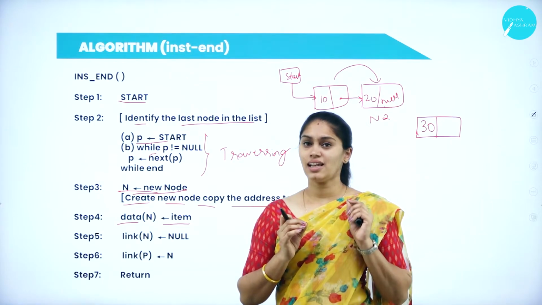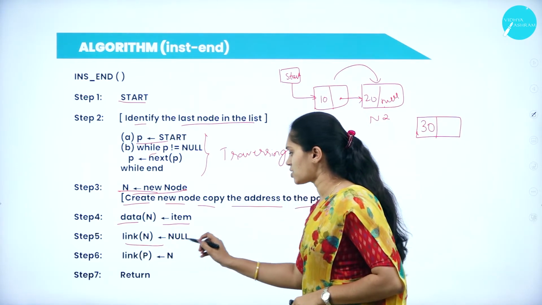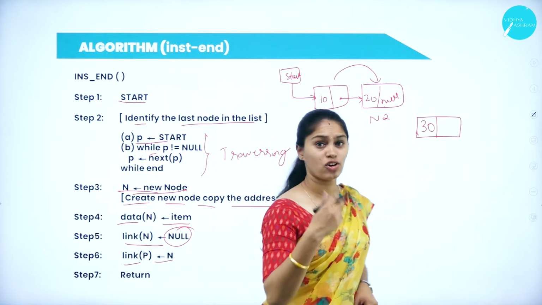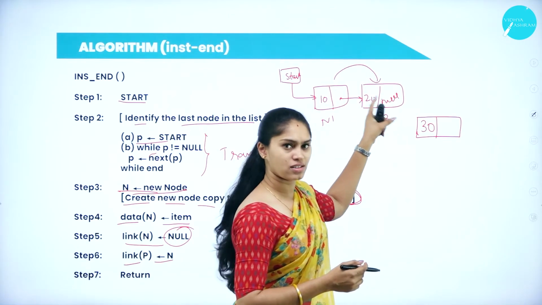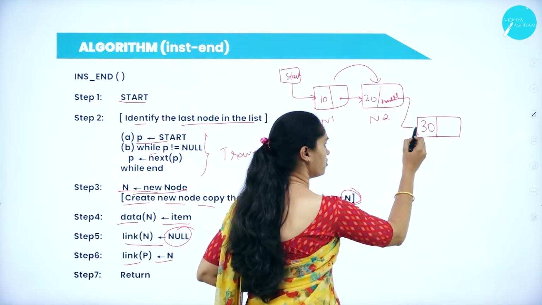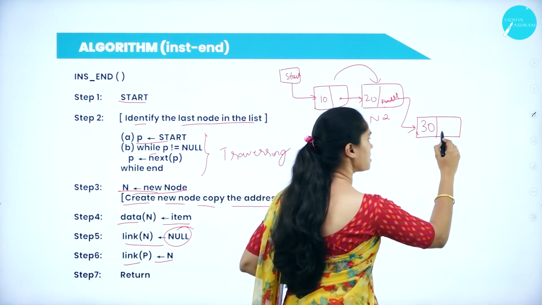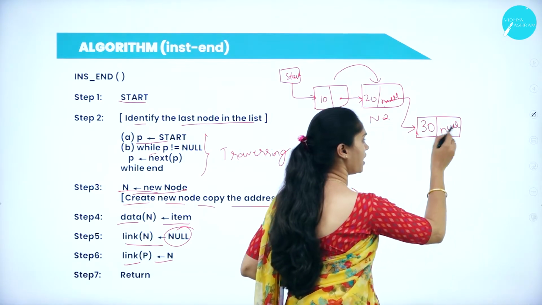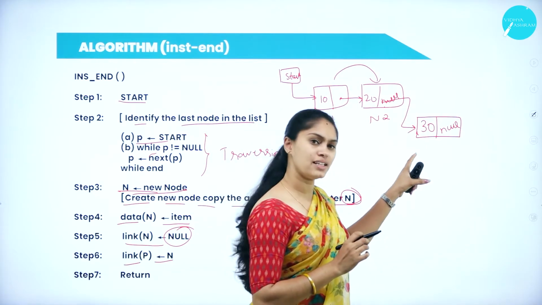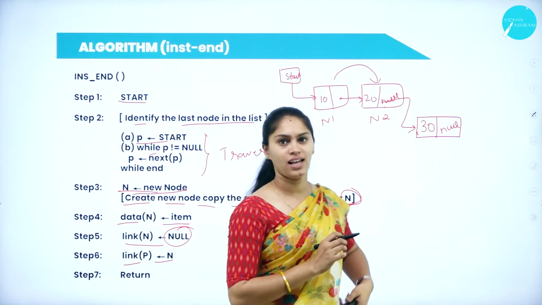That indicates the last node of a linked list. So the link of n is going to be null, and link of p is equal to n. Link of p, in the sense, what? This pointer. So now here we have a pointer. This is going to hold the address of this newly created node of a linked list, and we are going to initialize the link of this newly created node as null. Then it will indicate that this will be the last node of a linked list.